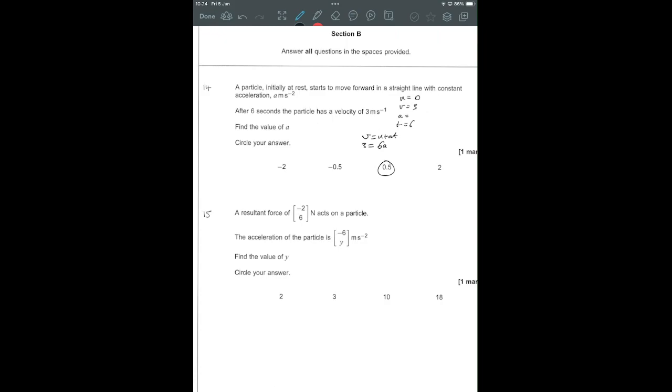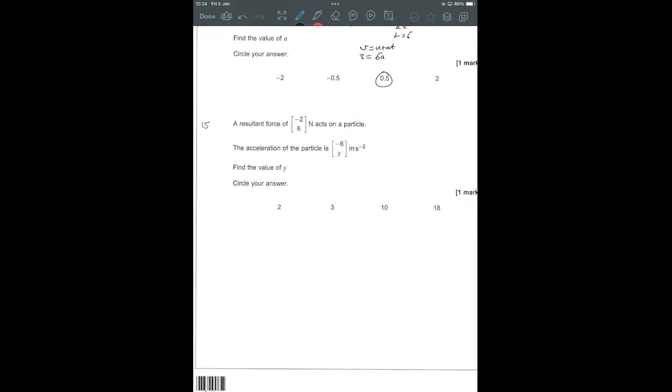And that looks good. A resultant force of that acts on a particle. The acceleration of the particle is that. Well, this is used in our F equals ma. I've written that way too close to the question itself. F equals ma, but in forces, so the F and the A are both vectors. So the force is equal to